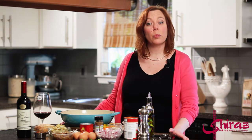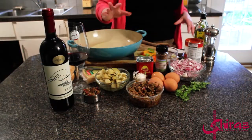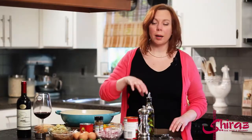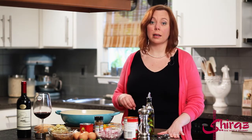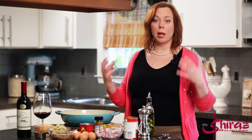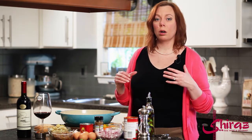Today, we're going to continue our trip in the Mediterranean with one more stop in Greece, and we're going to do some baked eggs. This recipe is super easy. You're basically going to chop a couple components, just compile everything, and then bake our eggs. I love this because as easy as it is, it gets a lot of flavor from all the onions and the peppers and the artichokes, and everything melds together through the tomato sauce, and it looks so much more involved